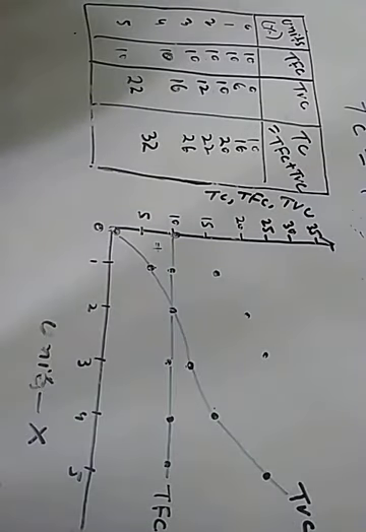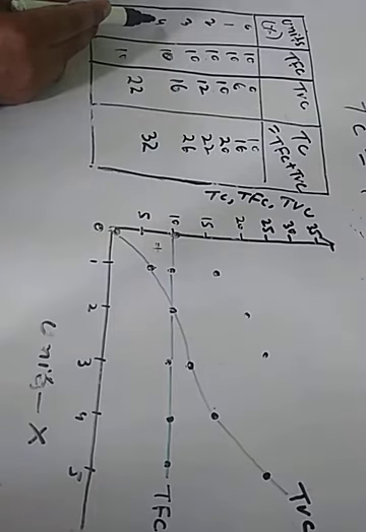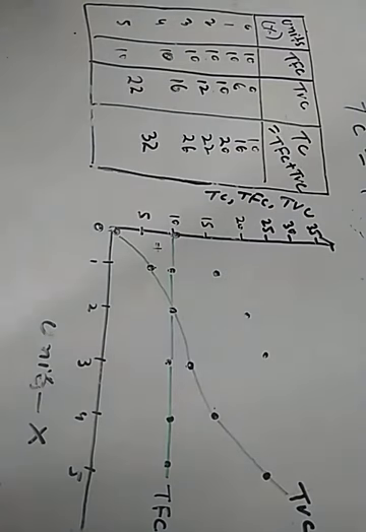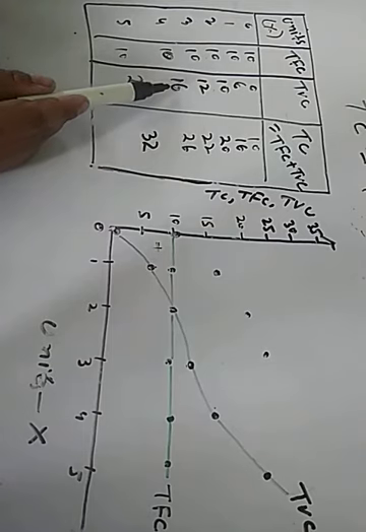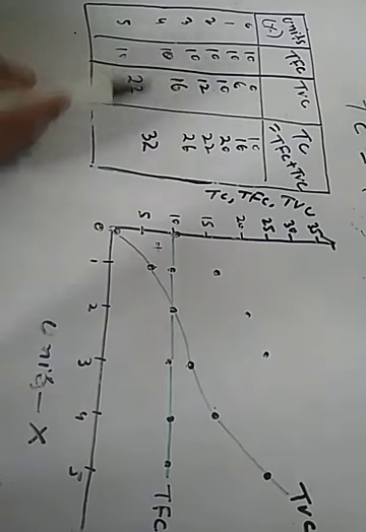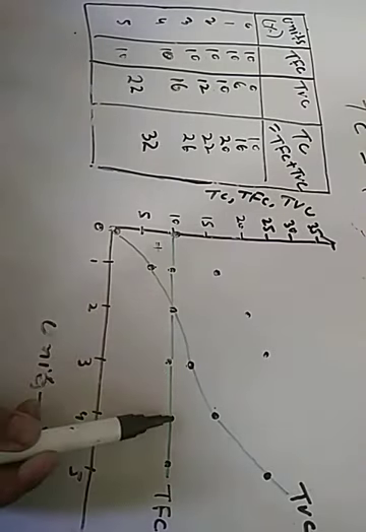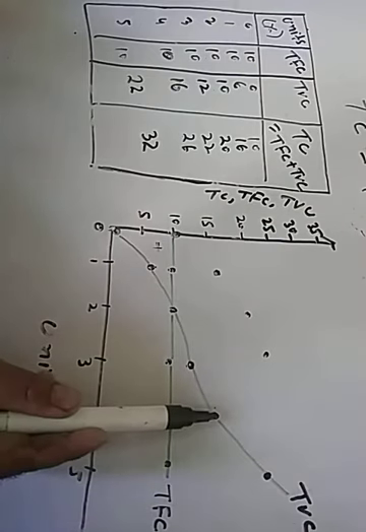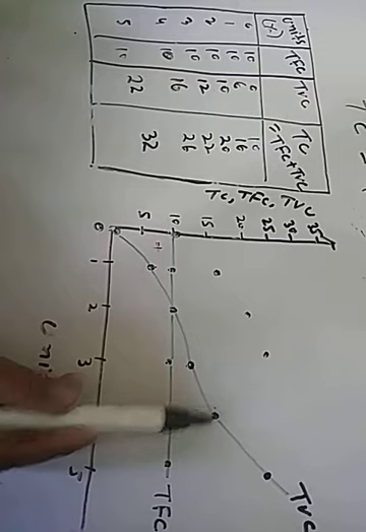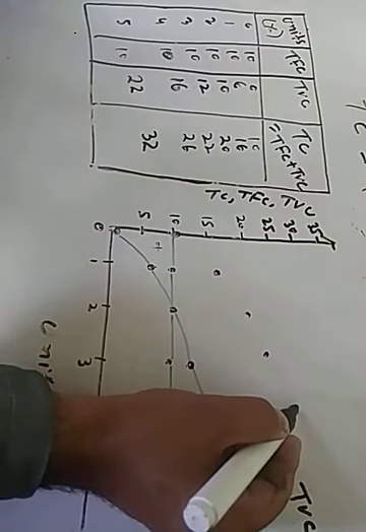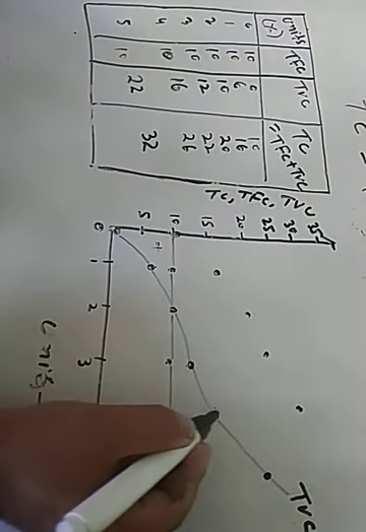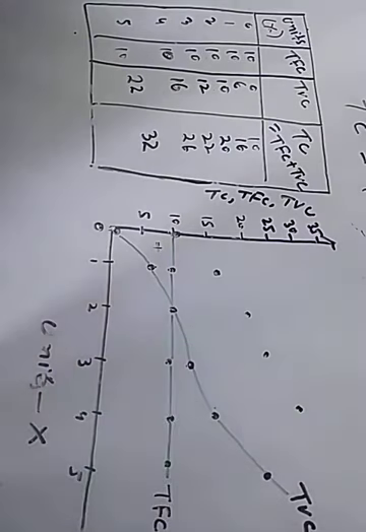Now for this unit of X commodity produced, that is when 4 units of commodity X is produced, total cost increases to 26 rupees due to increase in total variable cost from 12 rupees to 16 rupees. Total fixed cost remains the same, which is equal to 10 rupees, and total variable cost is equal to 16. 10 plus 16, this vertical addition, will give us total cost equal to 26. This will lie here, about 25, and on the x-axis it shows 4 units of X produced.